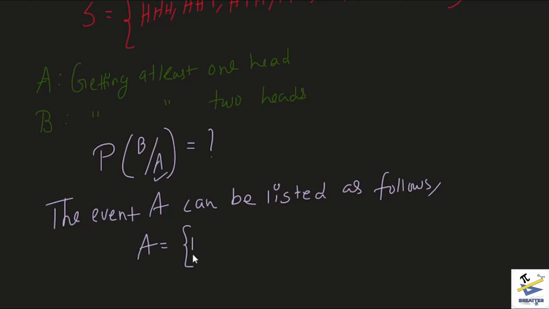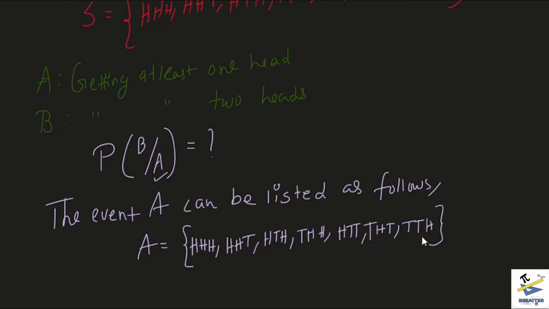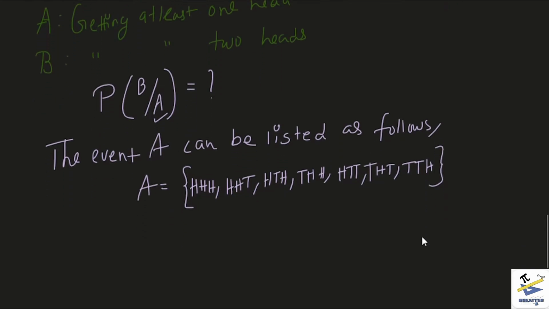right? So this would mean that HHH, HHT, and the other cases with 2 heads, HTH, THH. So see, first we considered the case with 3 heads, then 2 heads, and now we move on to 1 head, which is basically HTT, THT, and then we have TTH. So this completes all the cases where you have at least one head. So this is our new sample space,